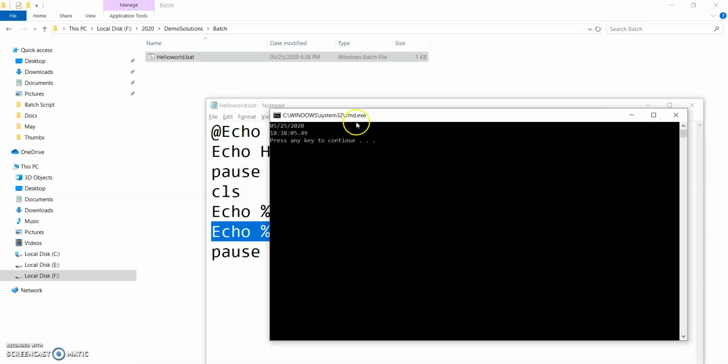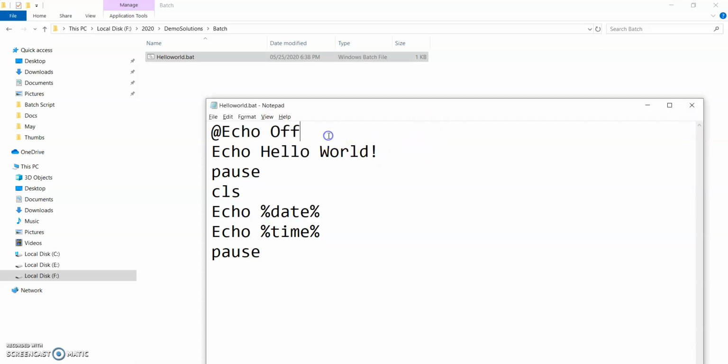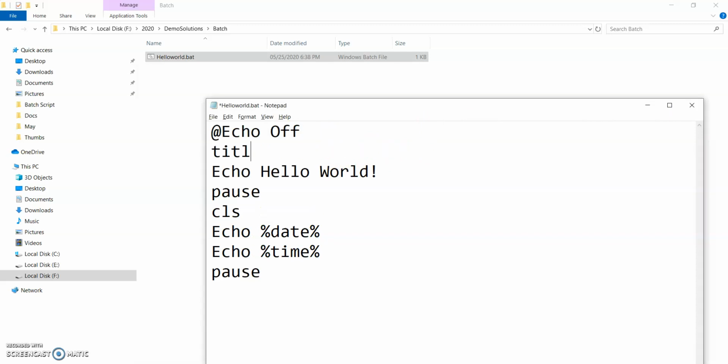And one more thing, here you can see the title. Here it's coming Windows system32 cmd.exe. I want to give a title to this. For this, we will use title. Let's say first up.